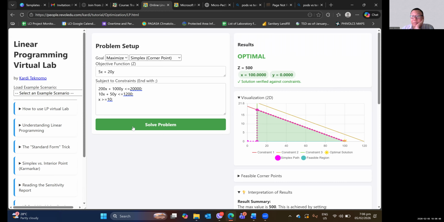So that's what you get. How much? We're getting 500, sir. For the tent, we're getting 100, then the Y, which is the pods, is 0. What's the meaning of that 100 and 0? X is 100, which is the tent. So 500 is survivors and 100 is the tents. So 5 times 100 is 500 survivors. Okay, good.